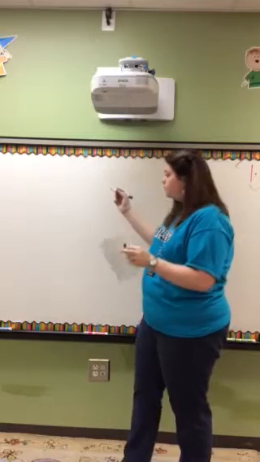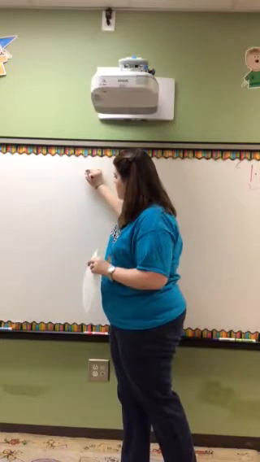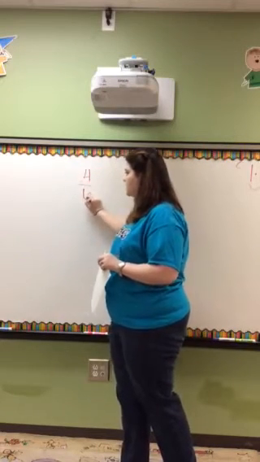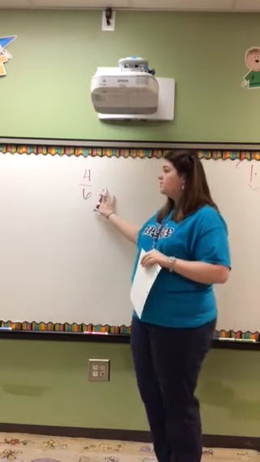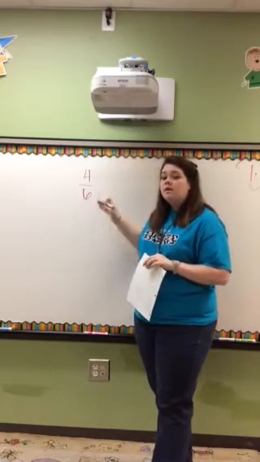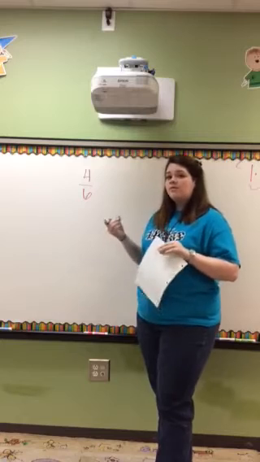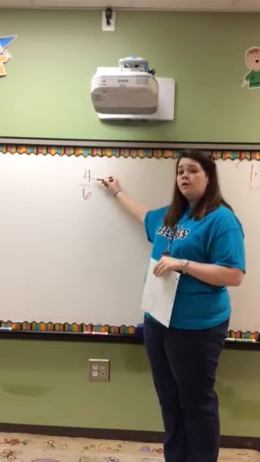Well, I know that to simplify means that I'm able to take a number and find a common factor. That means a number that can be split into each of those parts an equal number of times. So I can find that as a smaller fraction. So let's look at the example 4/6. This fraction can be simplified because there's a number, a common factor, that can go into 4 and can